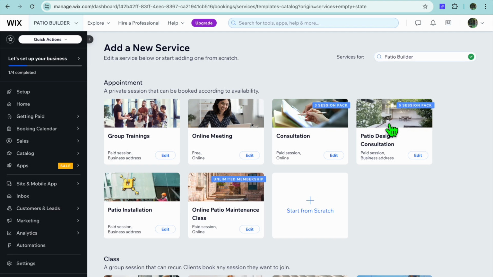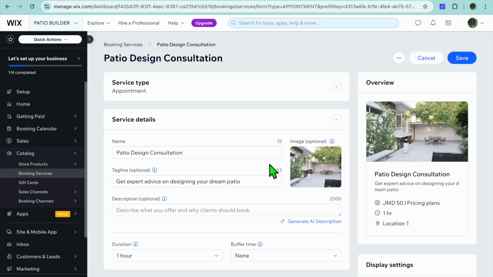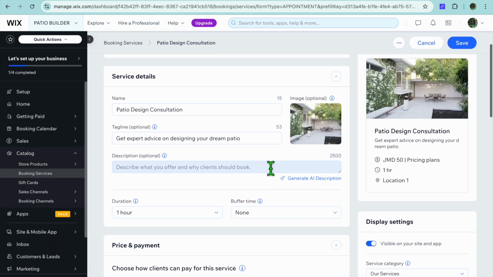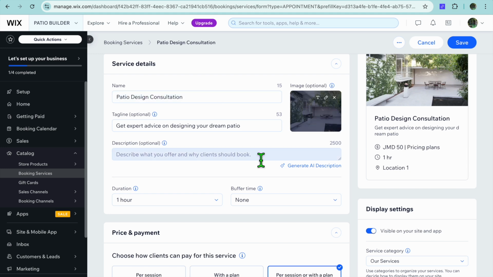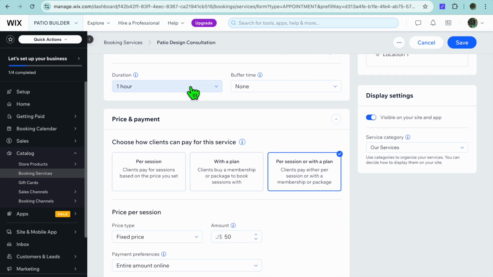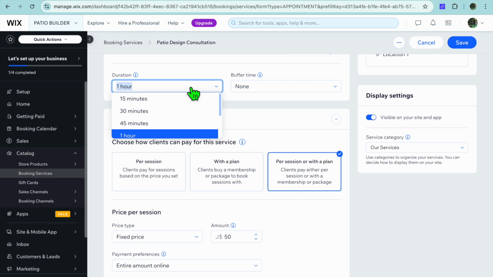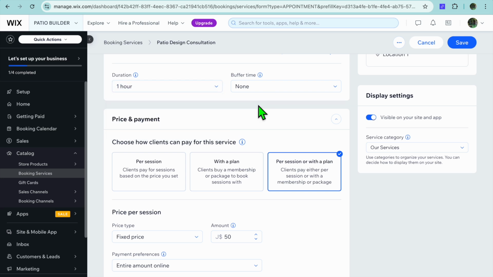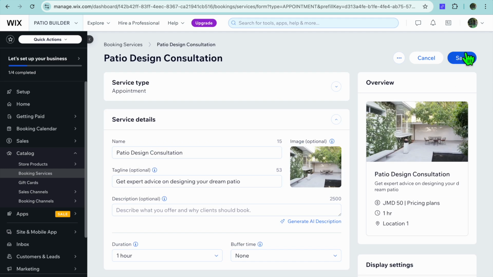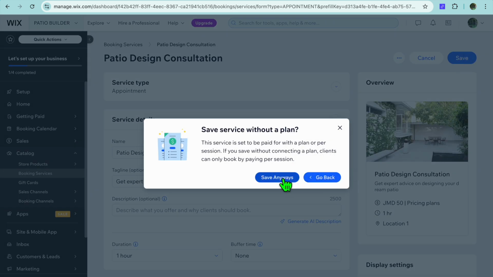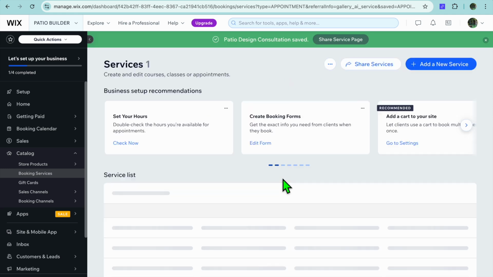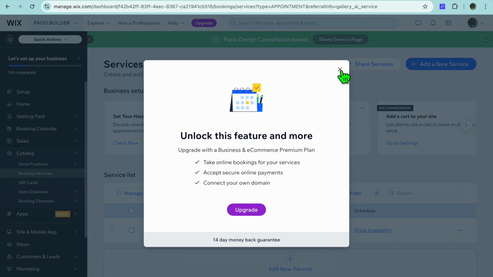Then after doing that, you'll see some sample services generated. So let's say Patio Design Consultation. We could tap on that. And you could add this service. You can also change the name and the cover image, and you can set the duration, so you could change it from an hour to whatever, and you can add in the price that you would like to charge. Once you're finished, you'll tap on Save, so you can save it right there,